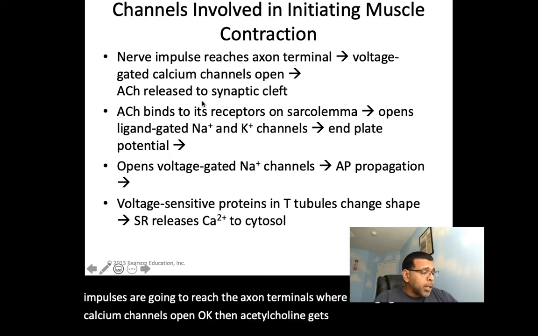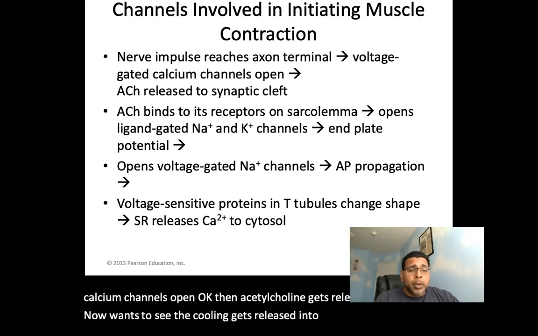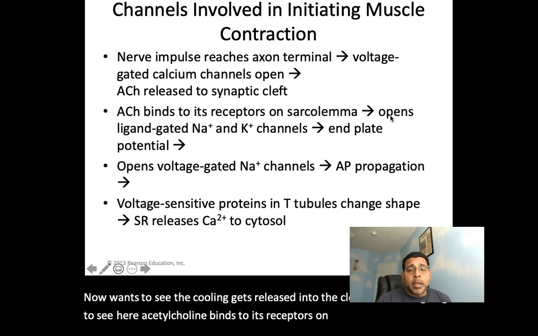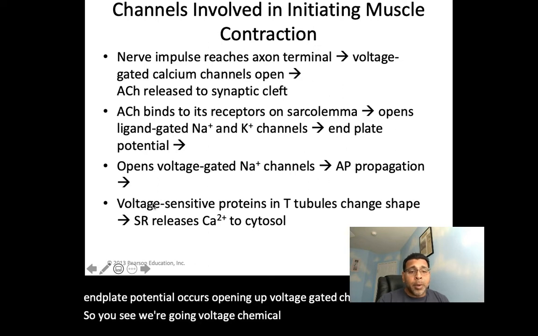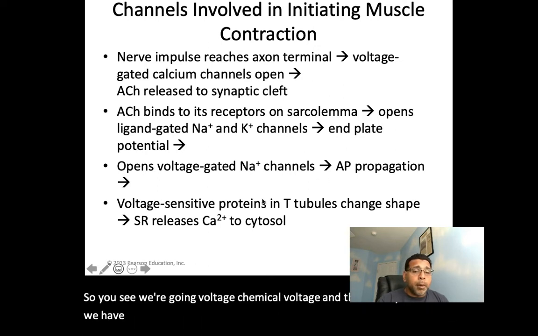Now, once acetylcholine gets released into the cleft, then we're going to see here acetylcholine binds to its receptors on the sarcolemma, and this is going to open basically these ligand-gated channels. Okay, and then the end plate potential occurs, opening up voltage-gated channels. So you see we're going voltage, chemical, voltage, and then here you can see we have voltage-sensitive proteins on the